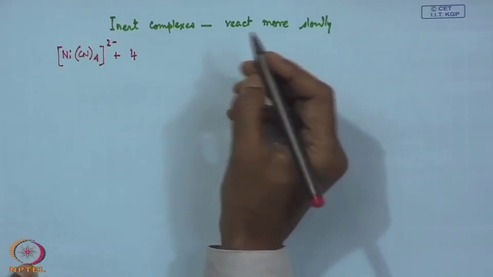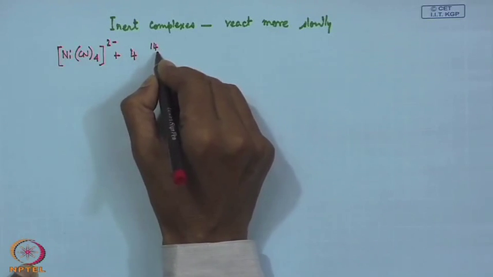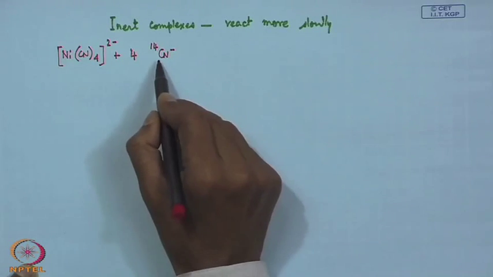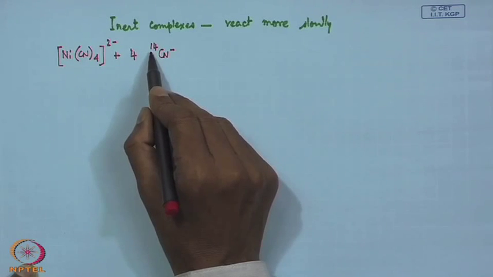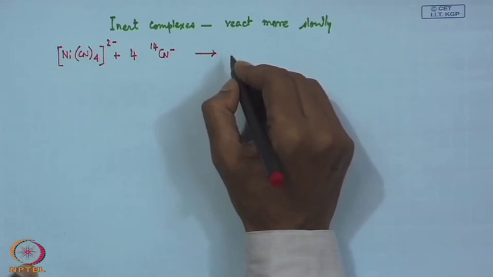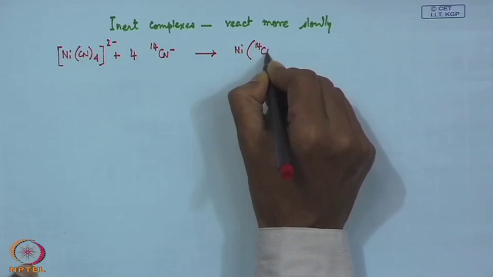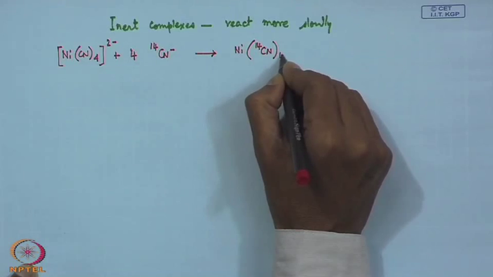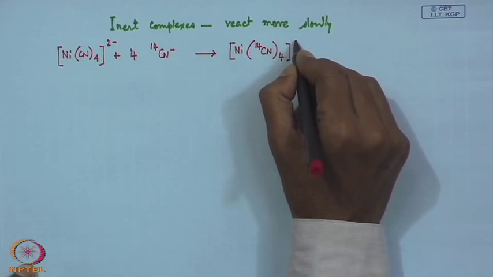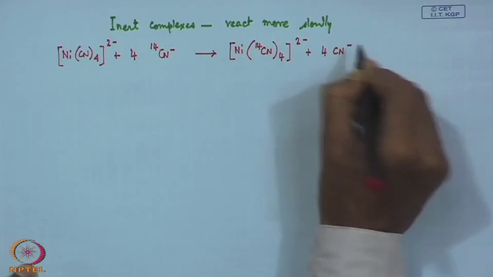Just like the water exchange reaction, we can also monitor the exchange of these attached cyanide groups with labeled cyanide, where carbon is radio labeled with carbon 14. With this, we will find that substitution by this radio labeled cyanide can take place, but more slowly, with the elimination of normal cyanide,